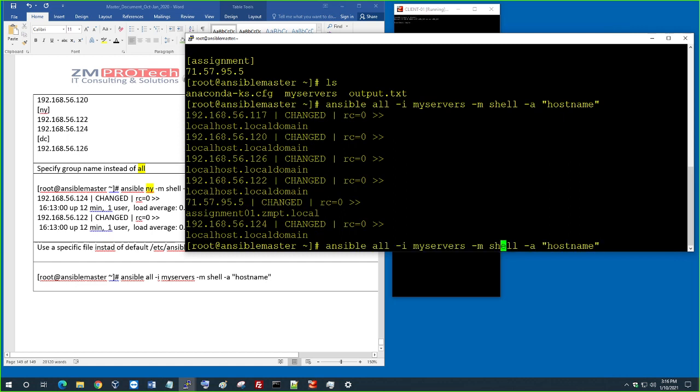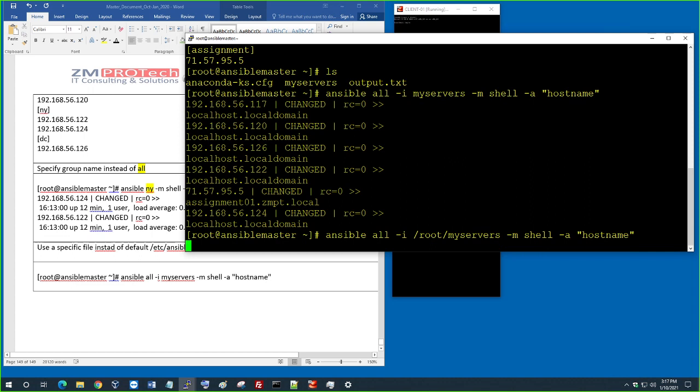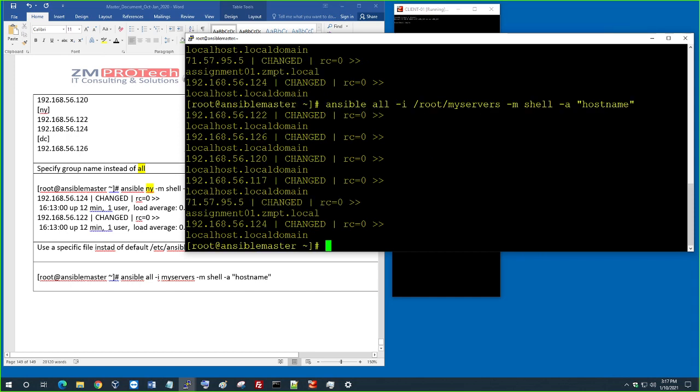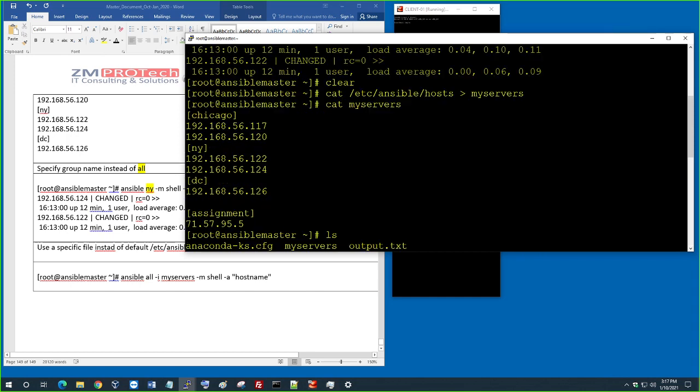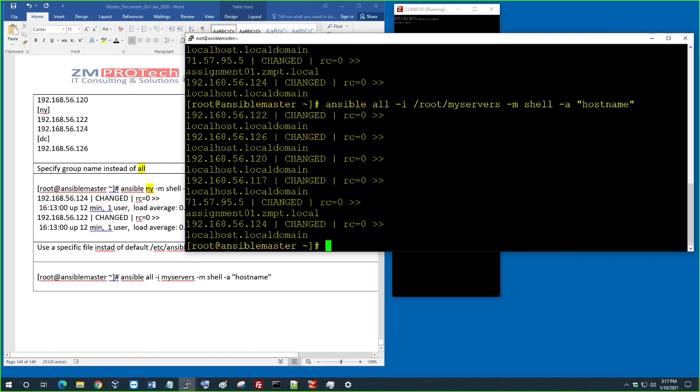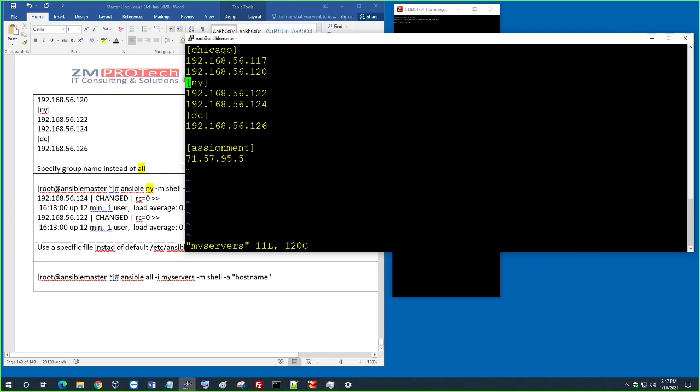Okay, it worked just fine. Or you could specify the absolute path here also, /root/my servers here. If you think the file is sitting somewhere else, you could do that too. So how did it make my servers the new file? Oh, I did cat here, remember? I did cat and redirect to my servers here. Okay. In here, I can do whatever I want. If I remove this and make this part of this here,